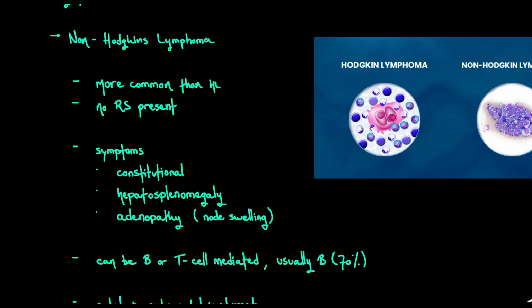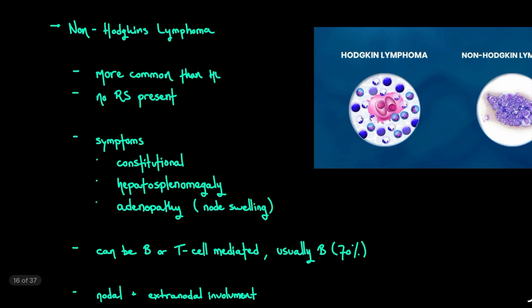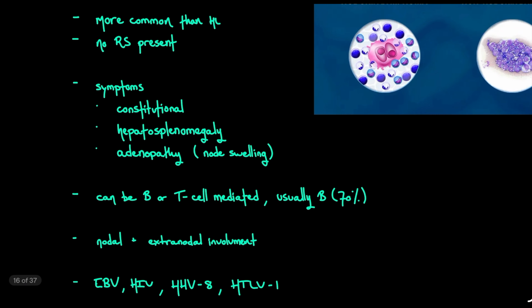And then just to cap it off with non-Hodgkin's, all right? So this is much more present than HL, than Hodgkin's lymphoma. And the big definition here is just we don't have any of those Reed-Sternberg cells present. None of those RS cells are there to, I guess, localize this site of oncogenesis. Symptoms, there's some constitutional symptoms, so that fever, weight loss, sweats,